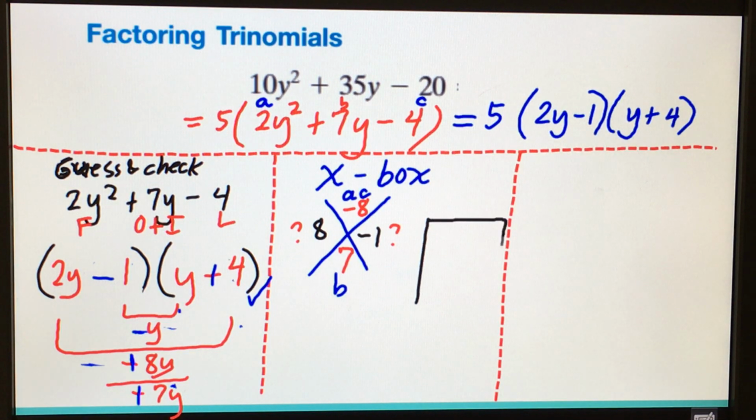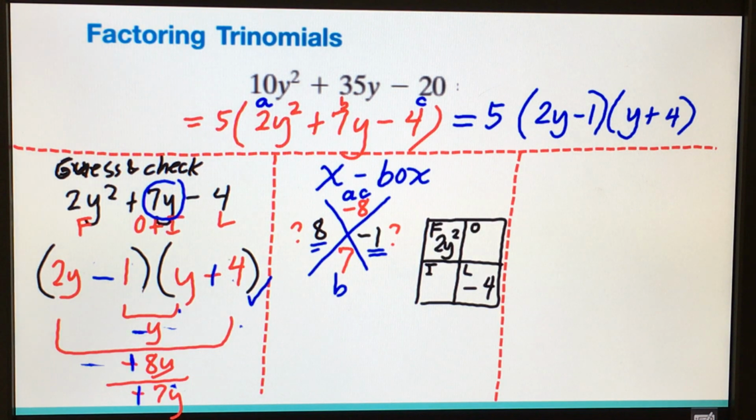It's also the same as foiling in reverse, because we're going to supply the FOIL and then factor it from there. The product of the first terms is 2y squared, and the last term is negative 4. Now for O and I, we're going to split up 7y into whatever we found here, so that would be split up as 8y and negative y. Now we're going to factor each row and column to find our